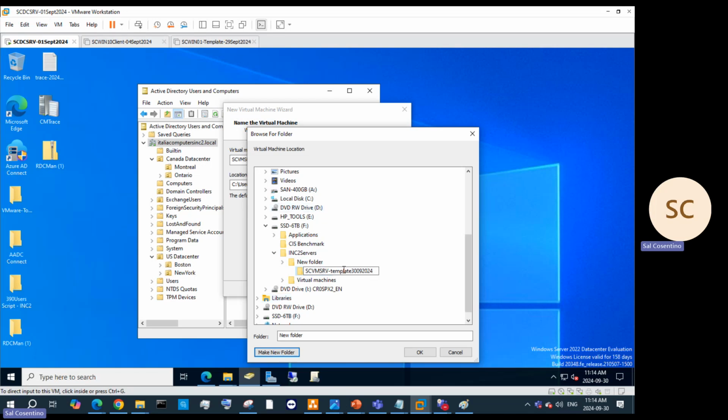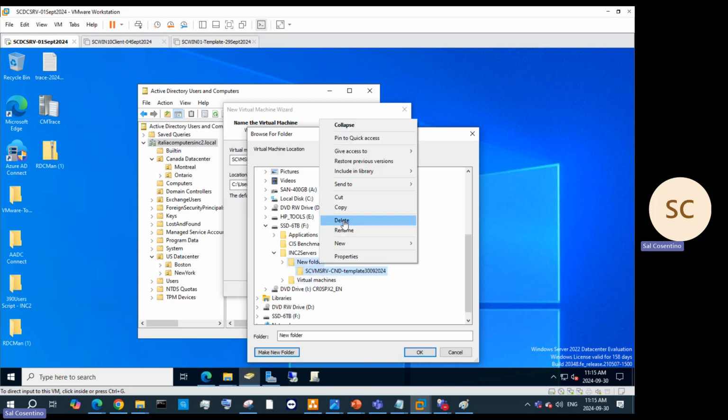Okay, and then I'm going to give it Canada. I'm going to call it Canada for residency. So we know that one's in Canada. So this machine, this server is going to be located in Canada, and then the client's going to be located in the States. Okay, so I'm going to create another folder for us, and I'm going to